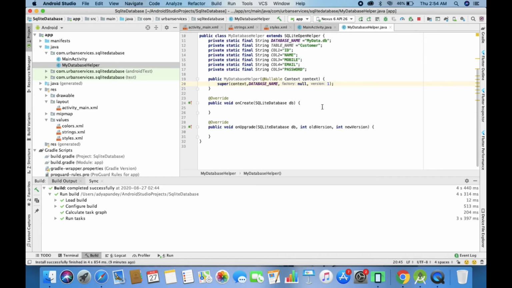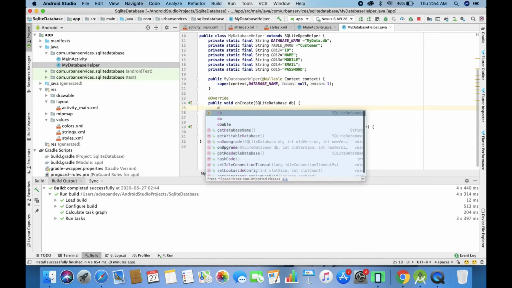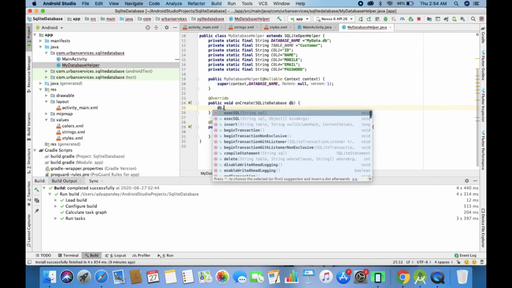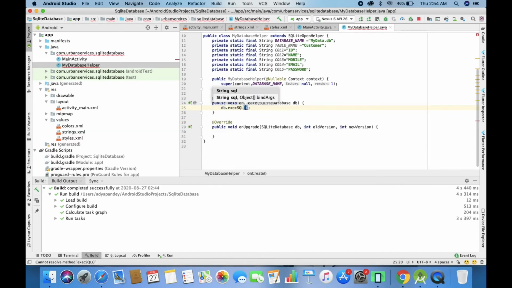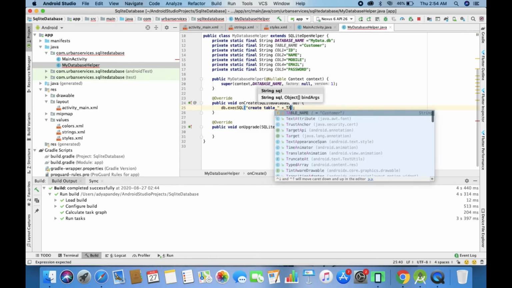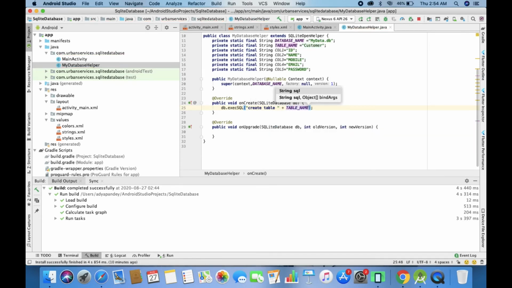So now let me create the query to create the table, and that will be given as db.execSQL, like execute SQL, and inside this we write in the double quote, create table, and then come out of the double quote, and then attach plus the table name, what I have already written in the private static final lines. So it's TABLE_NAME, and plus,